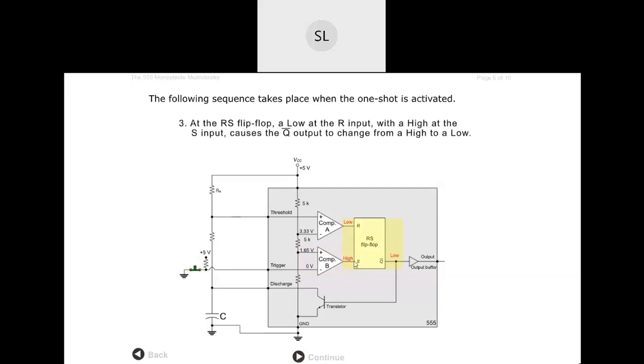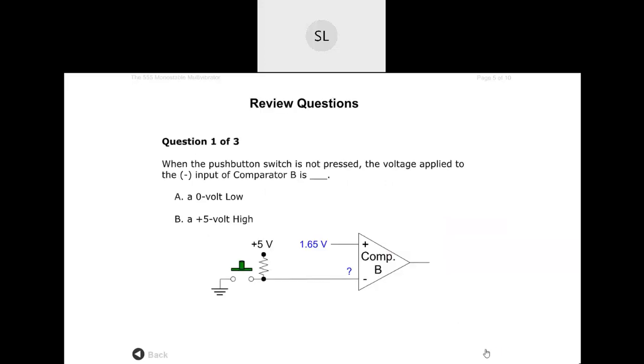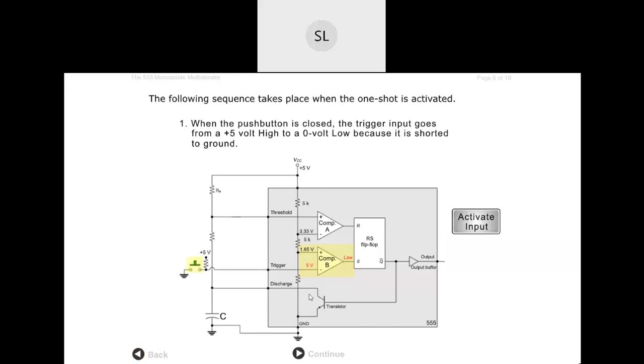Now, once it is high, it will set the flip-flop, correct? So the output of this flip-flop Q will be 1, Q bar will be 0. Okay. So Q bar will be low, which will be inverted and the output of timer will be high. Okay. Getting it? So when we push this push button, output of this lower comparator will be high. Therefore, Q bar will be low and output of timer will be high. Okay. Have you understood this? How the output switches to high?